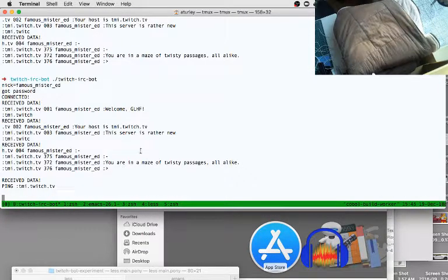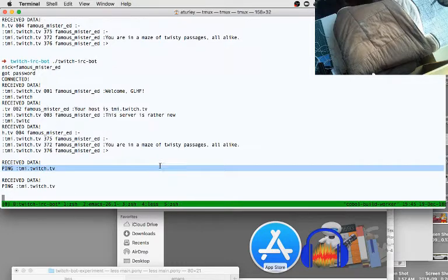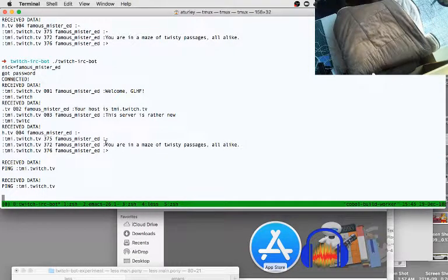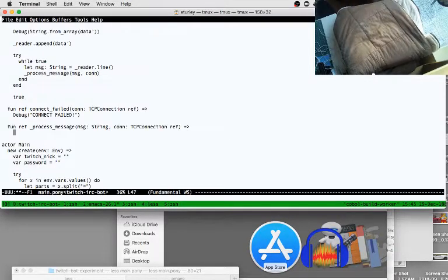So let's take a look. Oh, we got a ping. We haven't responded. It'll disconnect us soon. So let's just look for a message that contains "you are in a maze of twisty passages all alike." We're going to look for this and assume that once we've received that, we're fully connected and everything's good. So we're going to say if message contains the string, then